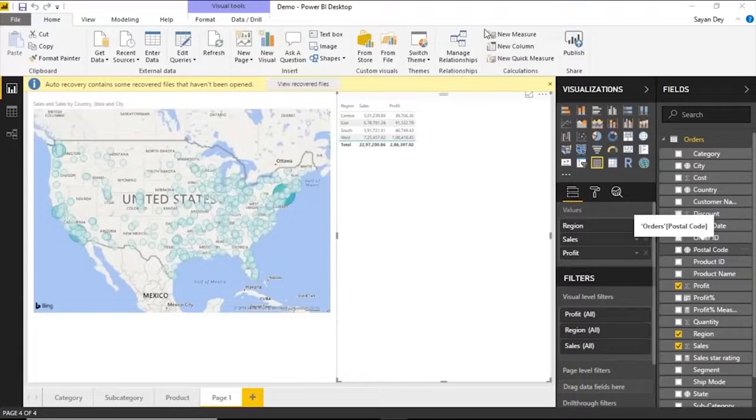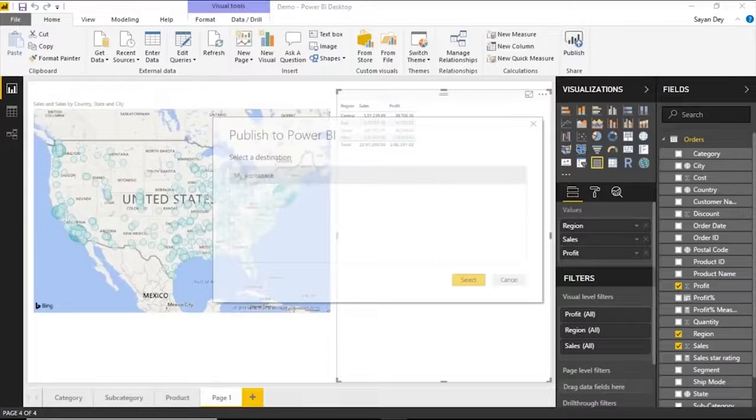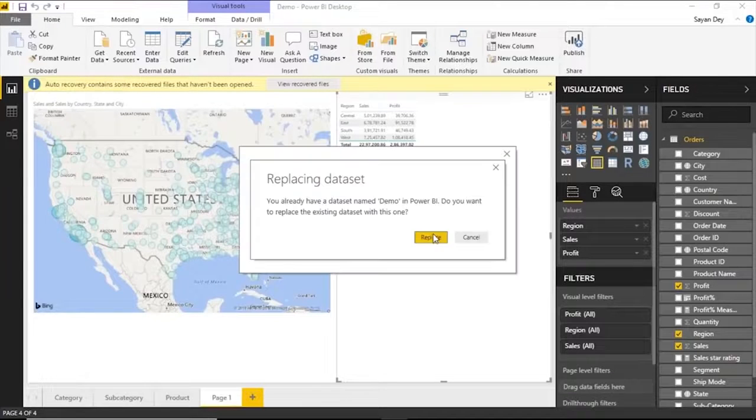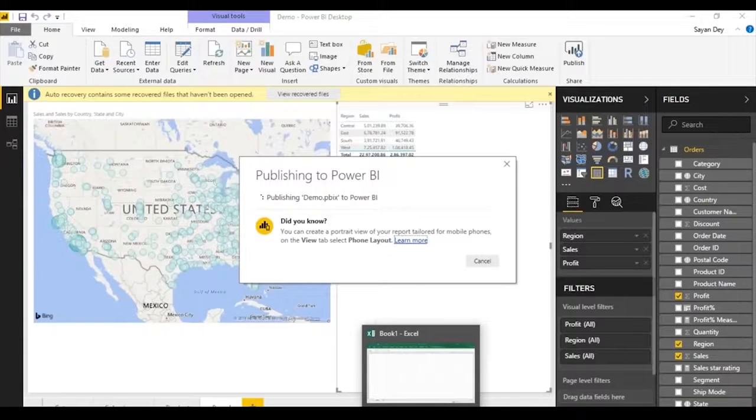Remember, to implement this in the service, you have to publish it first. Right now I've just implemented it in my desktop. So the final step is to publish it to my workspace. I will replace, because another dataset with the same name already exists. It will replace by default because they both have the same names. And once I do that,